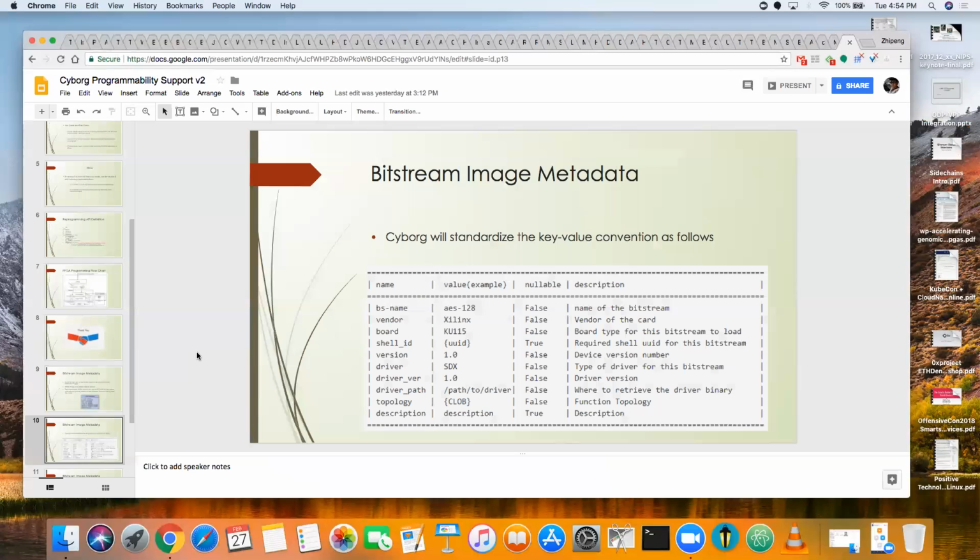So you're considering the possibility that one image will express multiple PFs or VFs, and that's expressed in topology, right? Correct. So who actually implements that thing? Is it the vendor driver or Cyborg itself? Vendor driver. The vendor should parse that topology out and then report it, because you retrieve this metadata and download. The driver knows what this topology will look like after the bitstream is loaded.